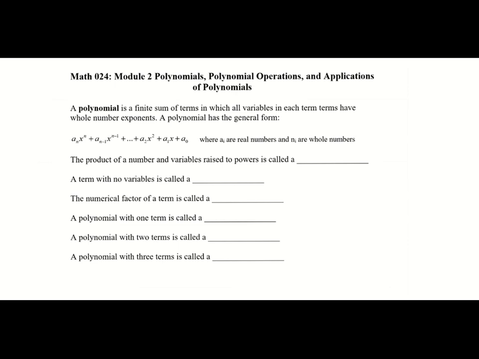So to start off, a polynomial is a finite sum, which means it's not infinite, so it ends, so it has a certain number of terms in which all the variables in each term have whole number exponents. So the exponents on the variables have to be whole numbers, so they have to be positive. And then a polynomial has this general form here that you see here,